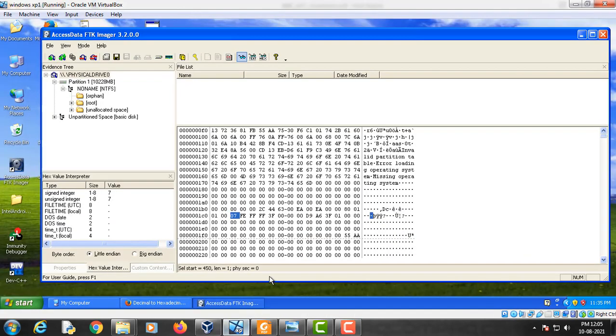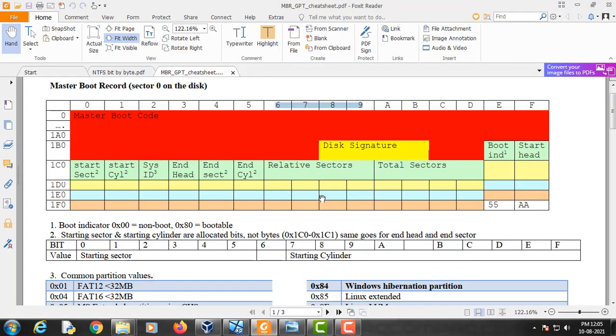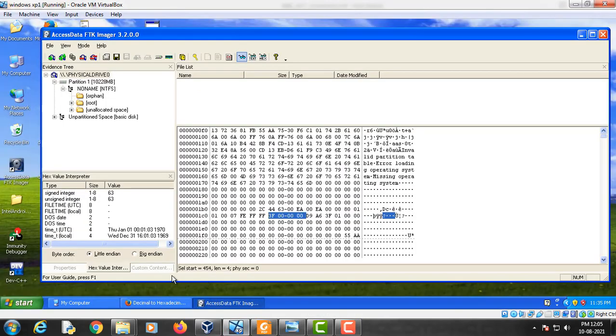So let's see, if we go here and count 1 2 3 4 5 6, this. So as you can see, this is the value of the relative sector, and if we convert this hex value to decimal, we get 64.